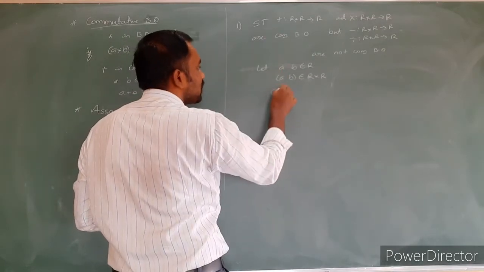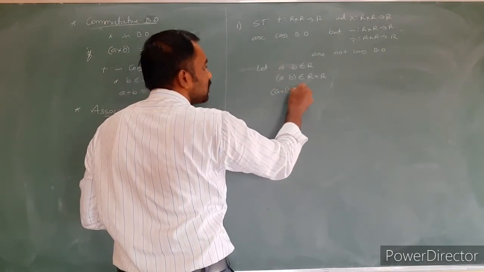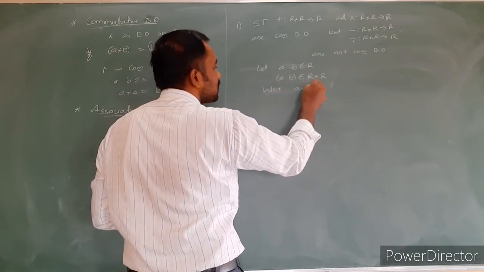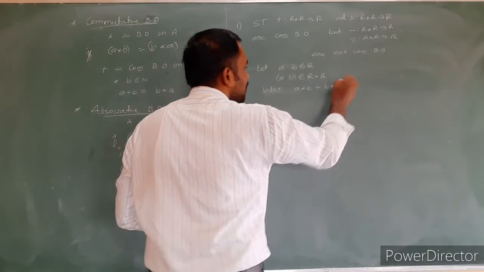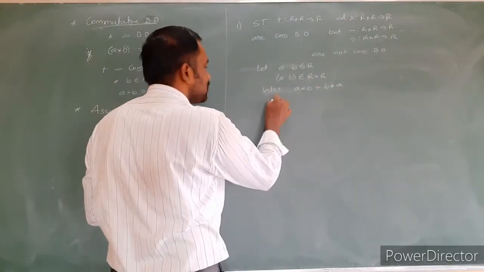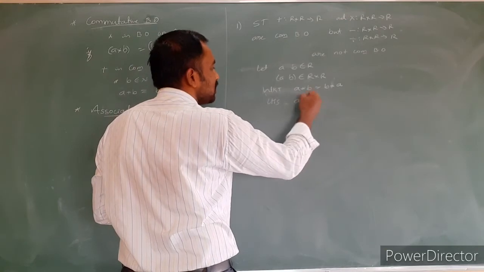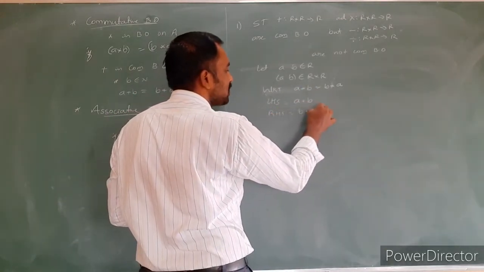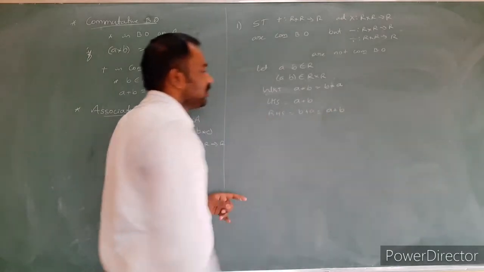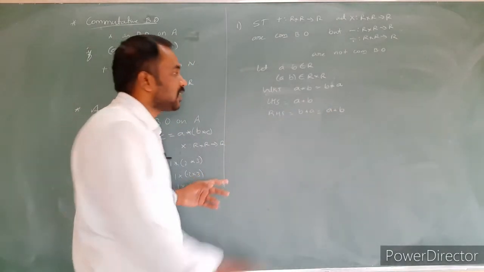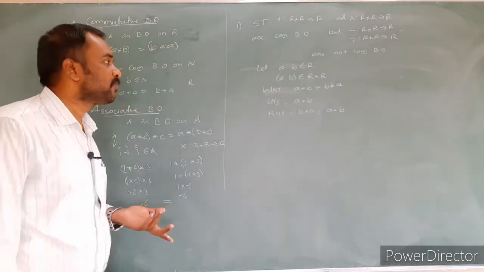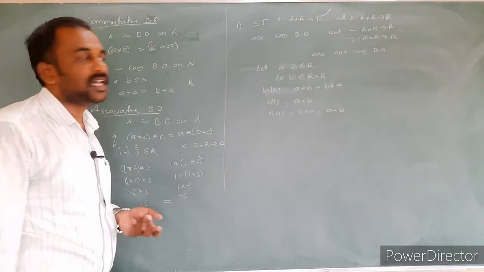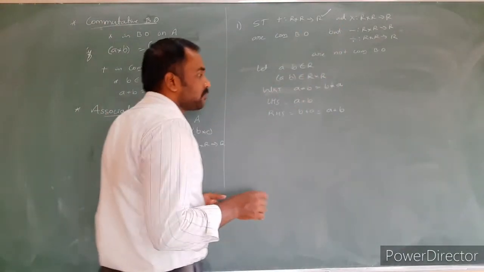So here, for addition, what is the well known result? We know that a star b is equal to b star a for a commutative binary operation. Consider LHS. What is LHS? Star is nothing but plus, so a plus b. RHS is nothing but b plus a. Can I write a plus b and b plus a as a plus b? Okay, nothing to worry. LHS is equal to RHS. Yes, obviously addition is a commutative binary operation on the set of real numbers. Similarly, you can prove it for multiplication.